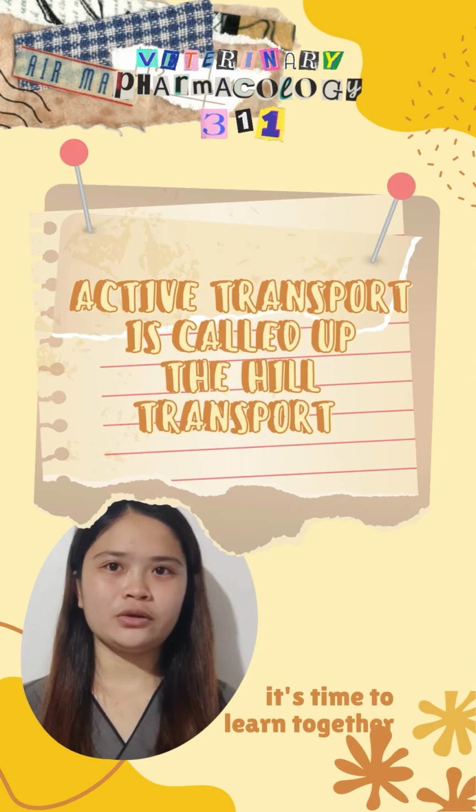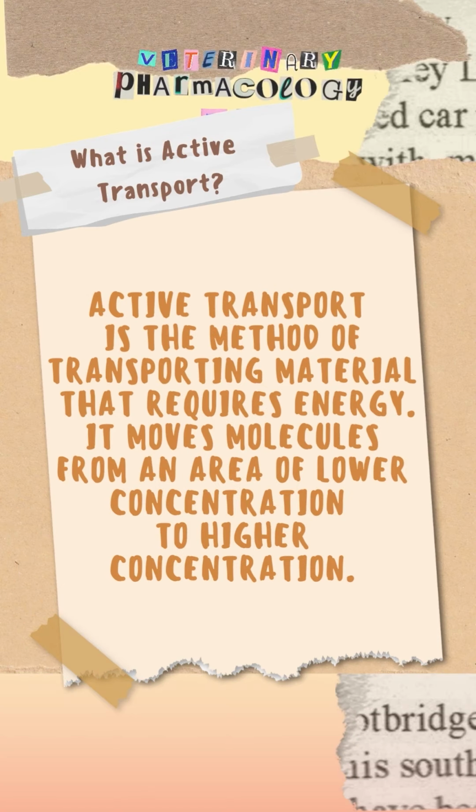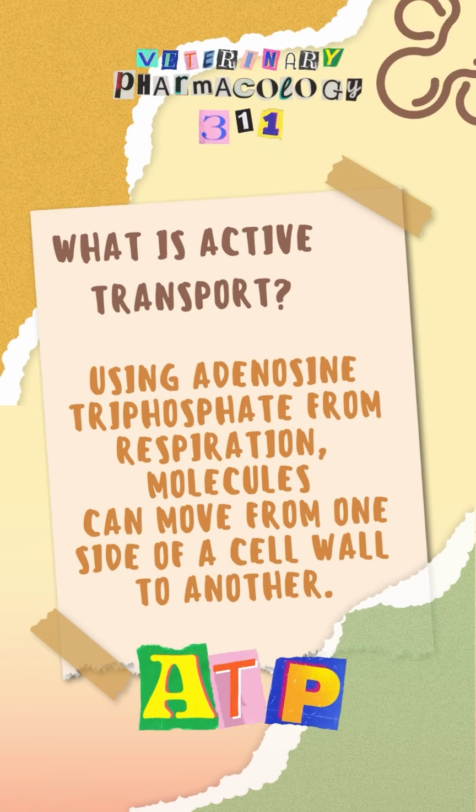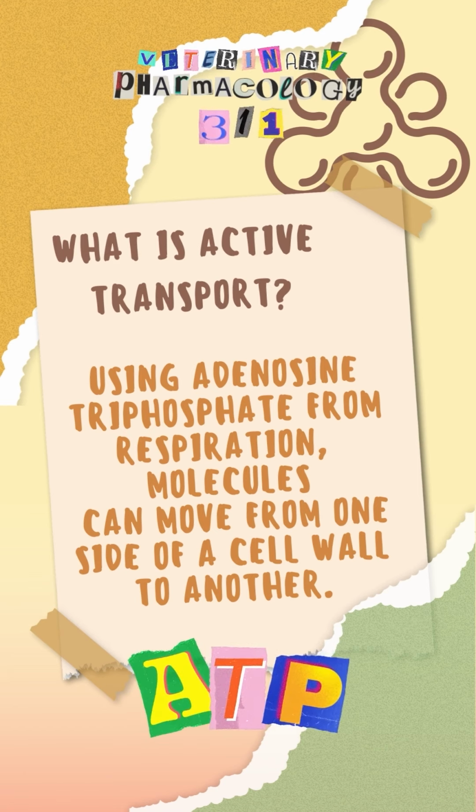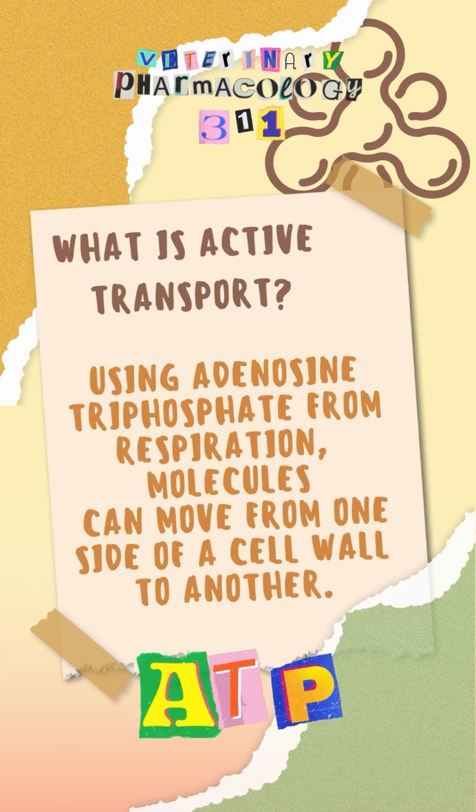Active transport is called up-the-hill transport. Let's first define what is active transport. Active transport is the method of transporting material that requires energy. It moves molecules from an area of lower concentration to higher concentration. Using adenosine triphosphate, or ATP, needed for cellular energy from respiration, molecules can move from one side of a cell